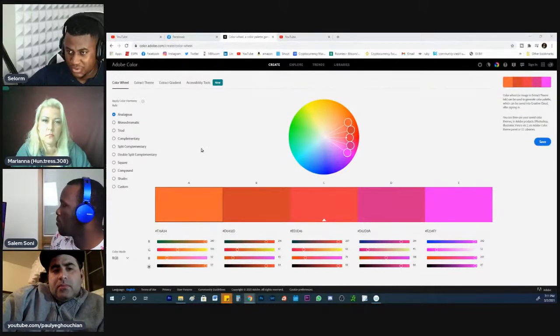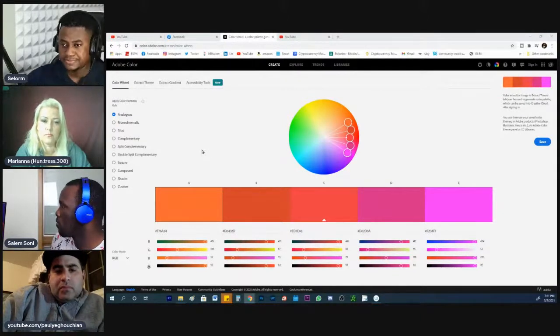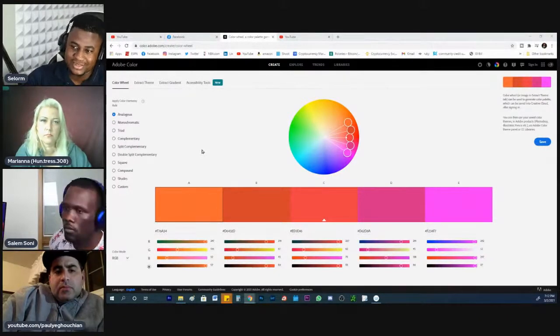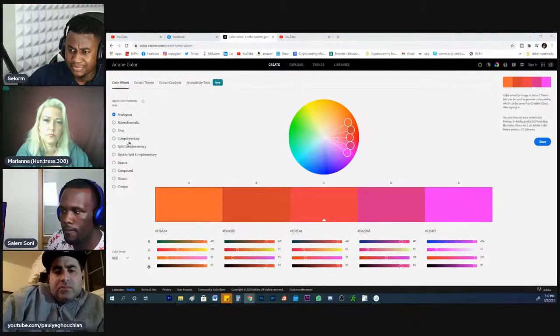Okay, so when you go to this website, color.adobe.com, it used to be KULE.com, but they changed it now. Here you can see different color matches. In fact, you can find different palettes,